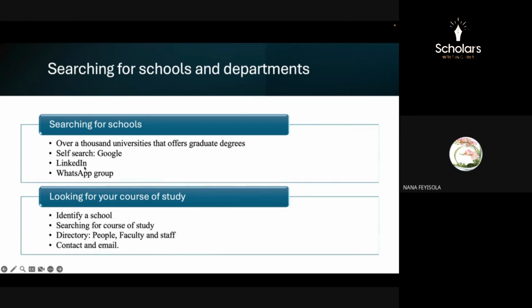Another means of finding schools that are giving admissions is LinkedIn. LinkedIn is a social media platform, but it's mainly for professionals and academics. A lot of professors and schools, or basically newly admitted professors that are looking for students, go on LinkedIn and post adverts right there. So you just have to